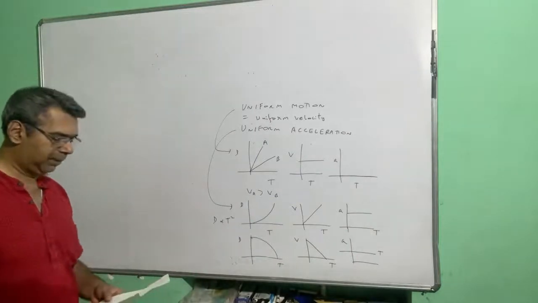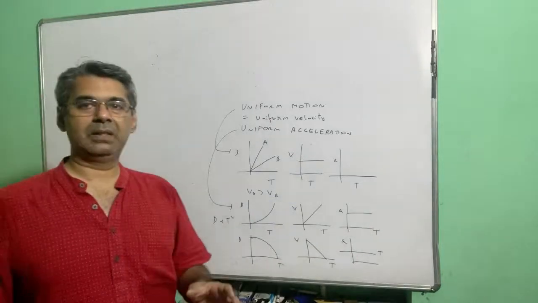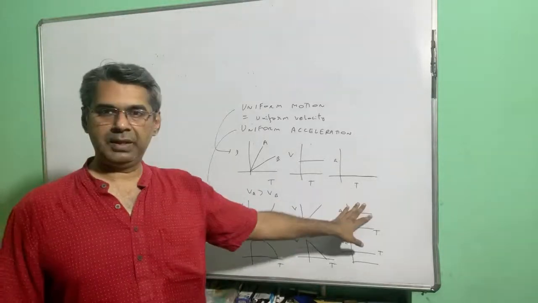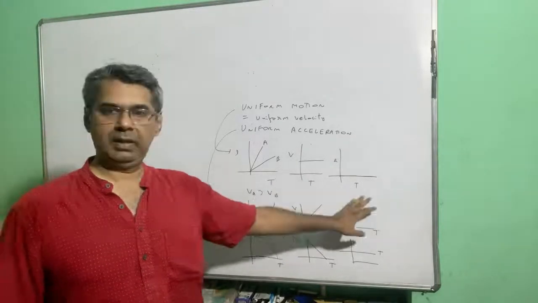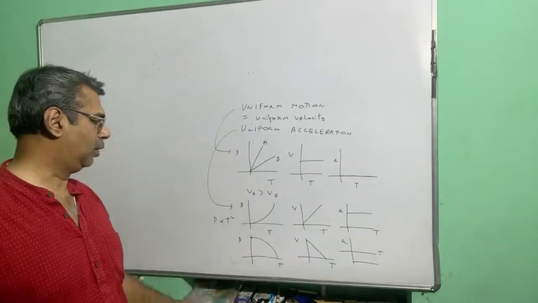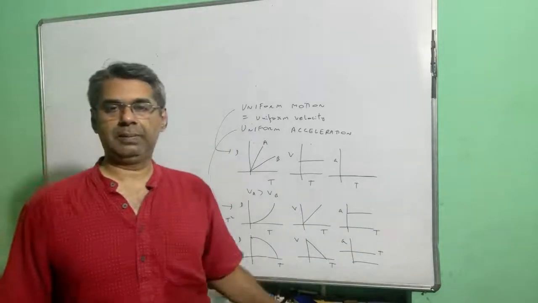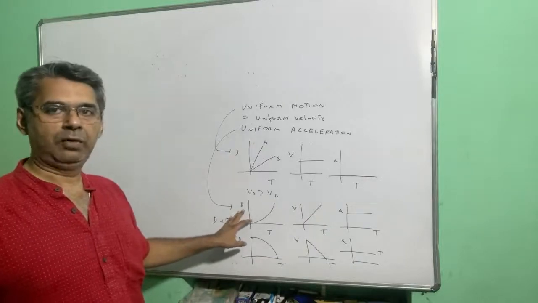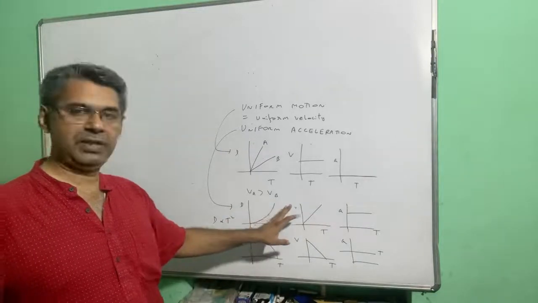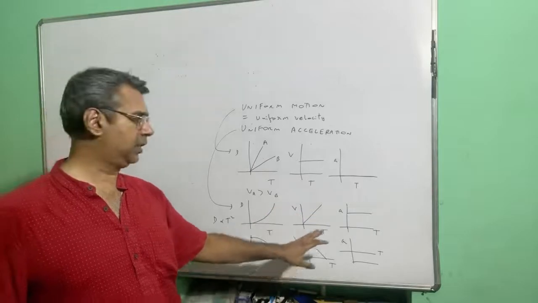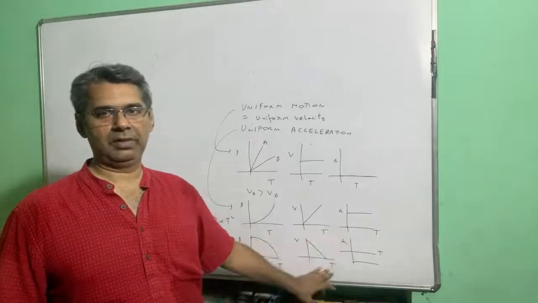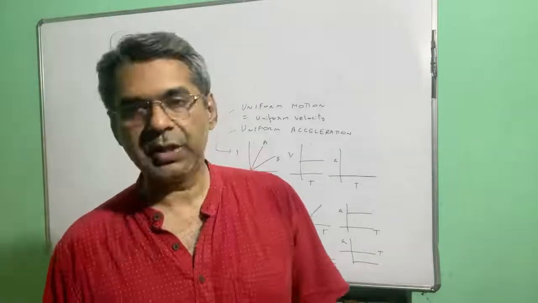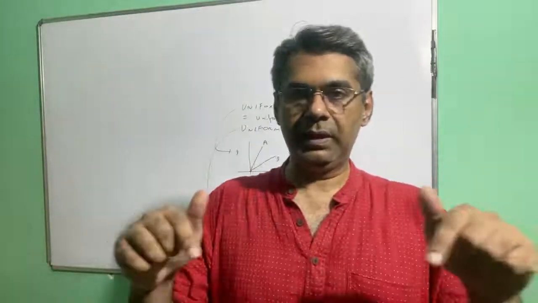So this is the topic: what are the different types of graphs represented by uniform velocity. So displacement time graph, velocity time graph, acceleration time graph. And what are the different types of graphs represented by uniform acceleration. So displacement time graph for acceleration, for retardation, velocity time graph for acceleration, for retardation, acceleration time graph for acceleration and for retardation. So this is the topic of today's session, and based on this I have given a link